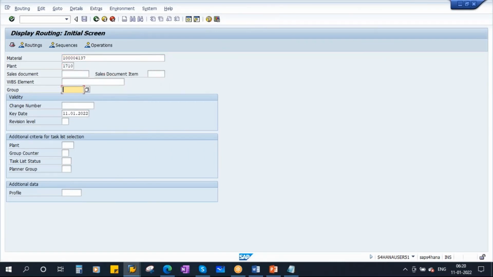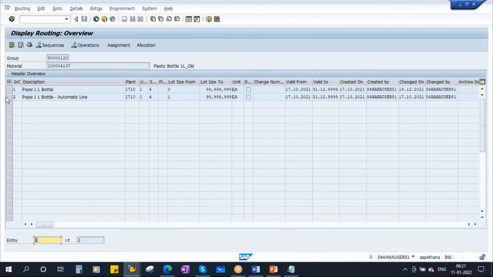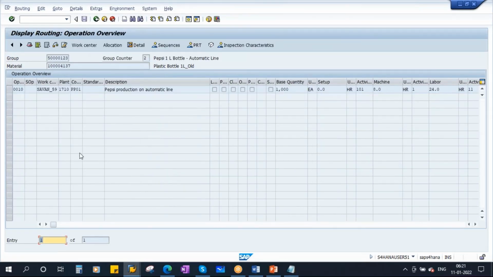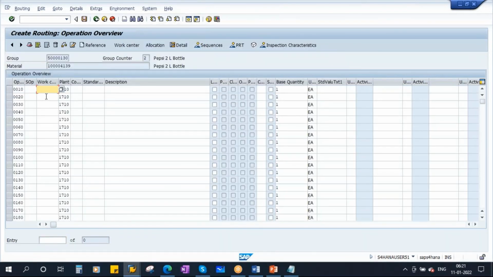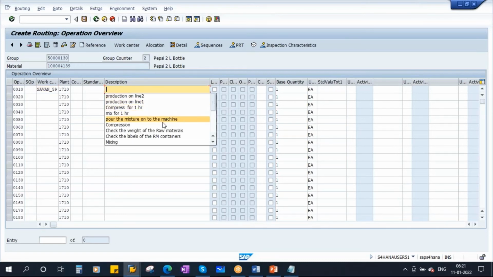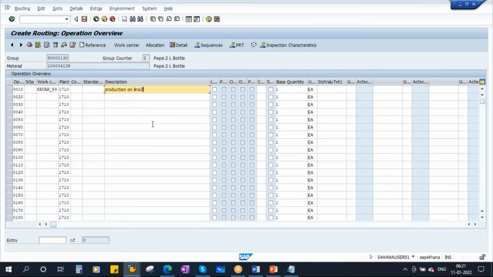What is our initial product? 4137. Work center, right? 7_59. Okay. So now this is on the automatic line, production on automatic.